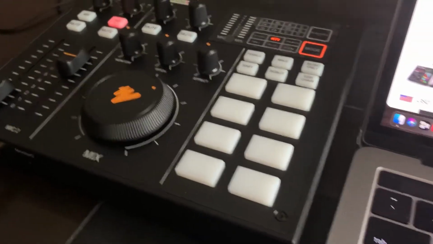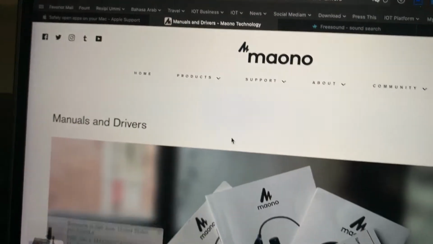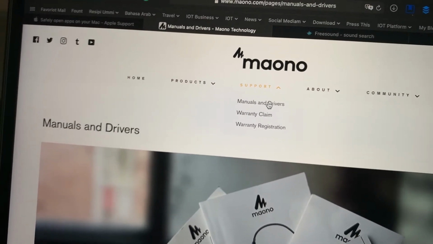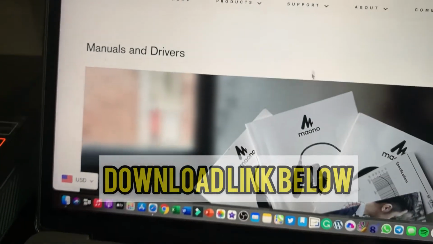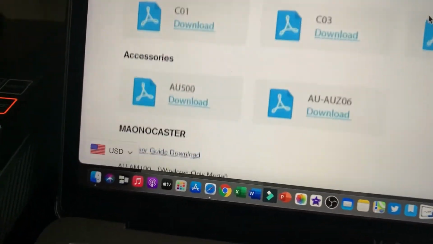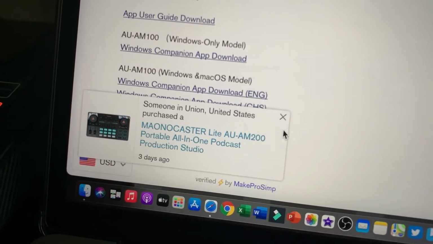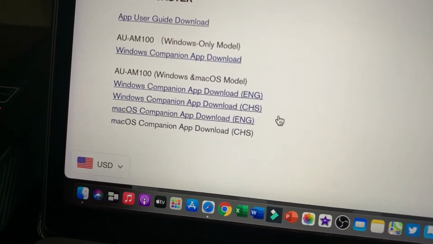So what I did is that you need to go to the website. You can find this under the manuals and the drivers. What happened is that you can see this is the version for the Mac